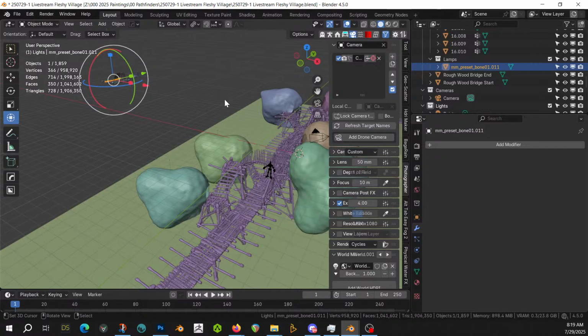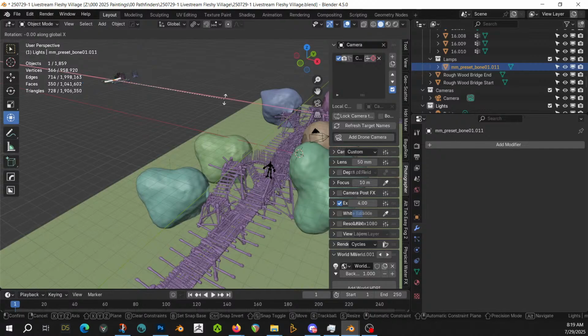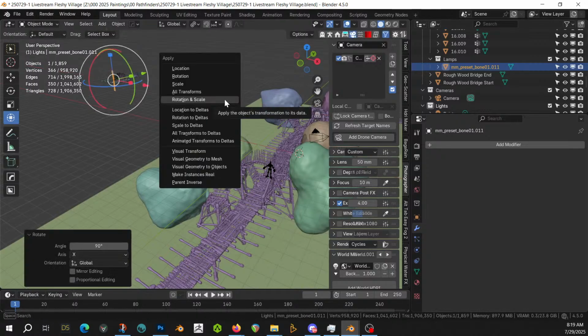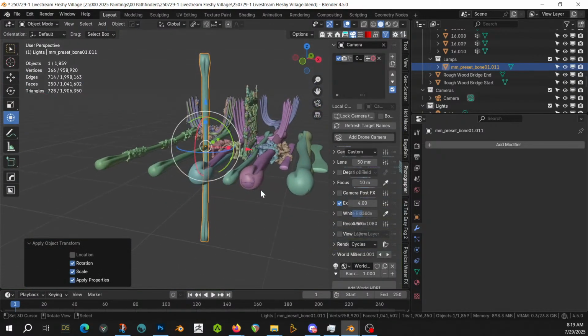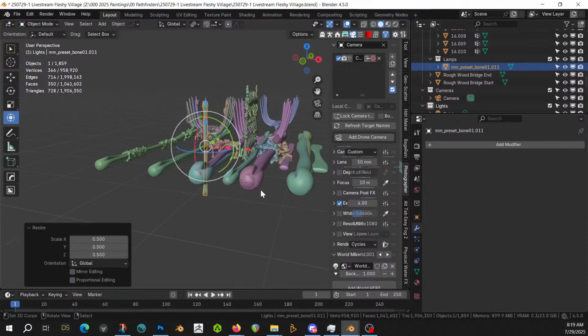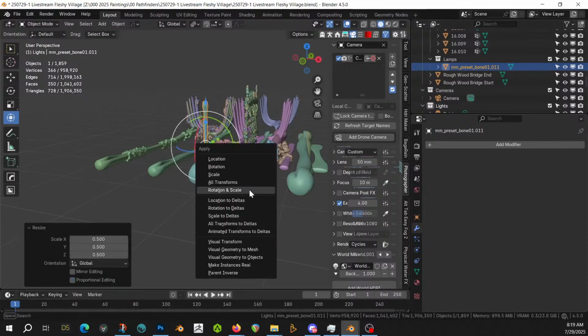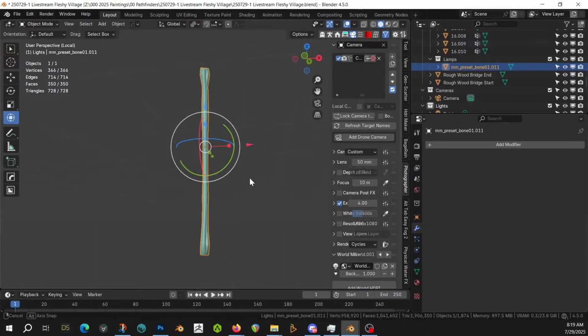Lamps. RX90. Rotation scale. There we go. Okay. S.5. Rotation scale. Cool. And then tab